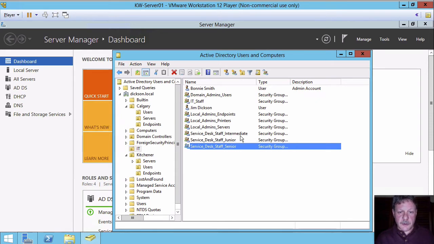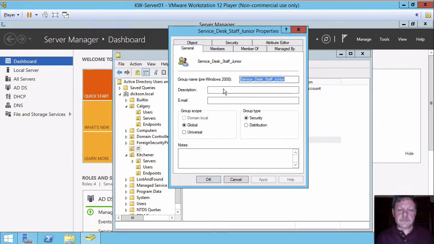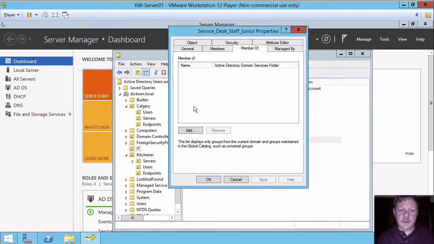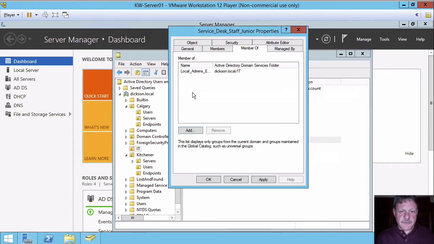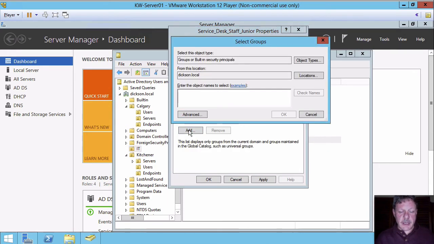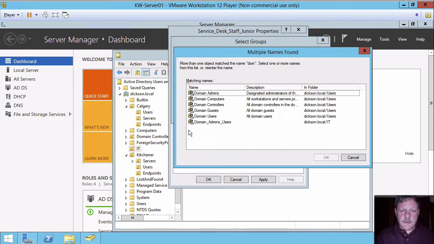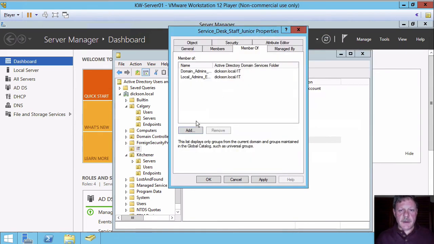So I will open the properties for Service Desk Staff Junior. Again, I'm going to say member of. I'll say add. And this is for local going to be, this pops up endpoints. And then I'm also going to add in the domain admins users. So these 2 access control groups are what the junior staff for the help desk role will be allowed to